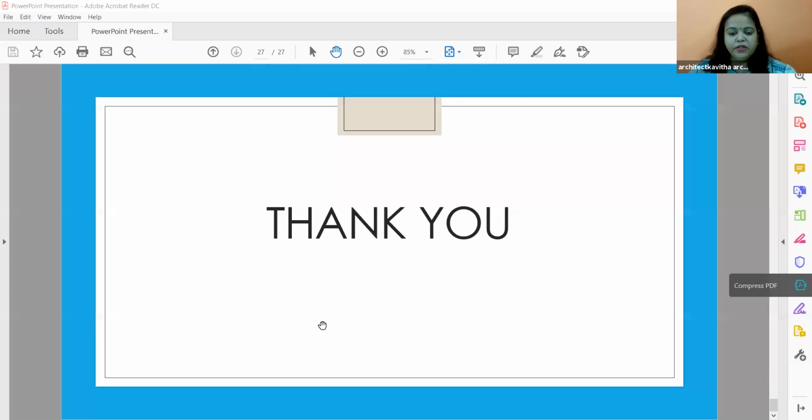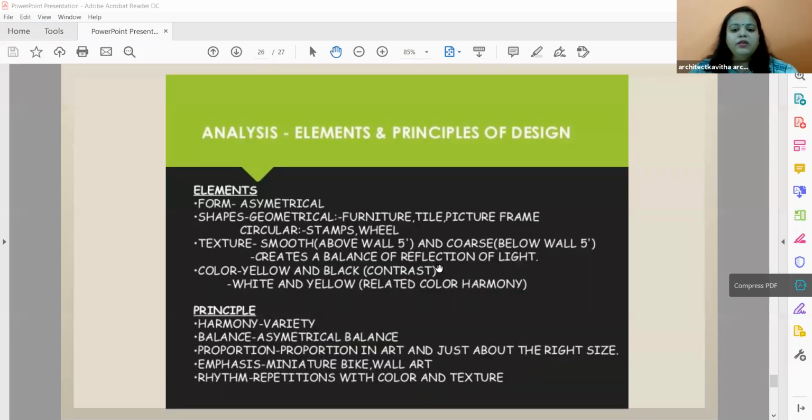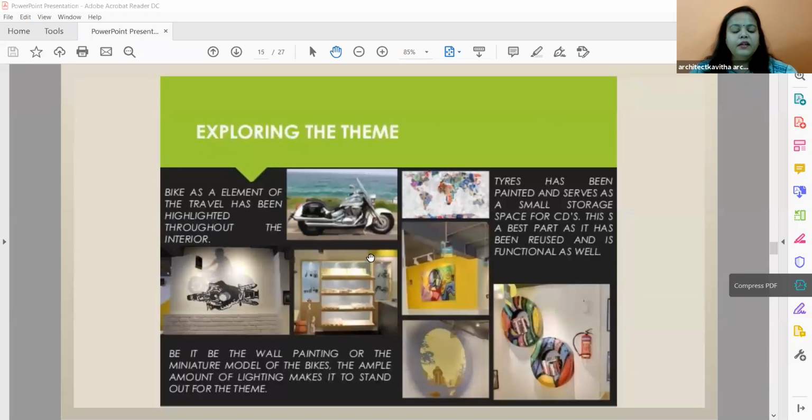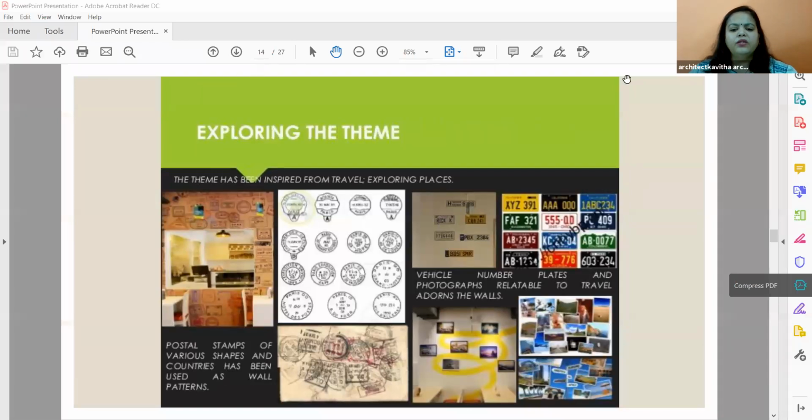So that's it for today's class. It was short. So this is how you write a case study. You can choose whether you want to do it manually or on computers. And you can choose different themes also, not necessarily photographs like this only. You can arrange your photographs in any way, choose your color themes, make a PPT, or you can make it in Photoshop also.